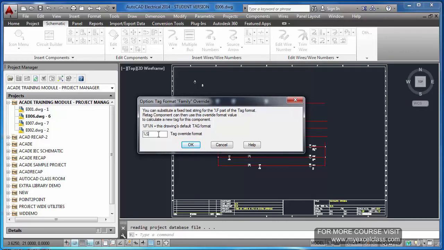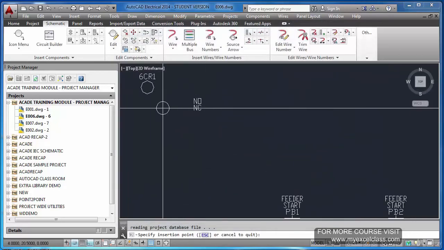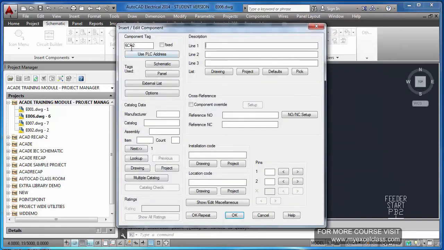I have added percentage S to percentage F and N as a prefix. S is for my sheet number. Now you see this is coming as 6CR1 because my current sheet number is 6. If I repeat, next will be 6CR2.